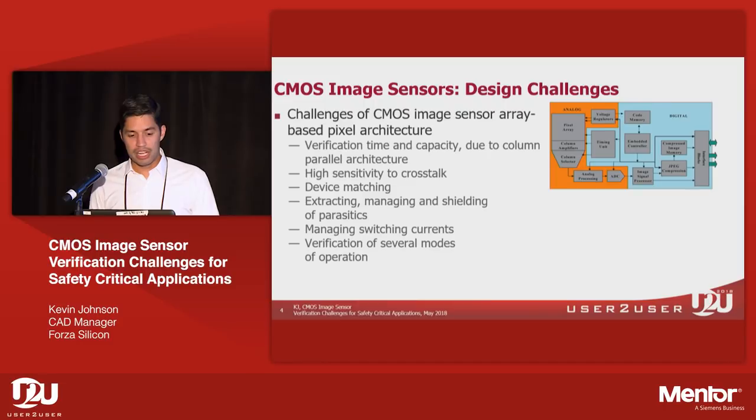If you want high accuracy, how's this verification going to be accomplished? SPICE model-wise, you're talking, again, how many, 1,000 transistors in these columns, and then multiplied by 1,920, that's just impractical. Likewise, there's a couple of interactions that take place because a column parallel readout essentially means that these columns are all functioning at exactly the same time. That introduces sensitivity to crosstalk. That includes problems with device matching,